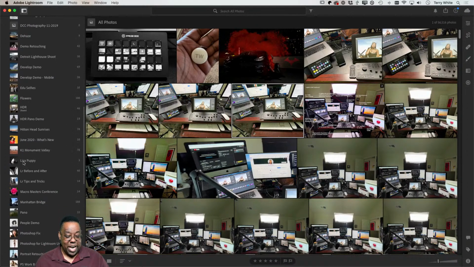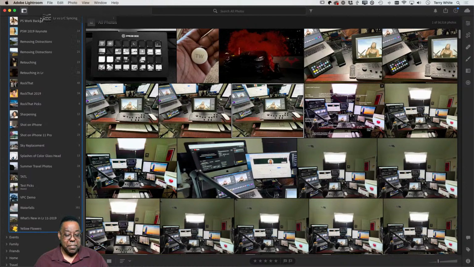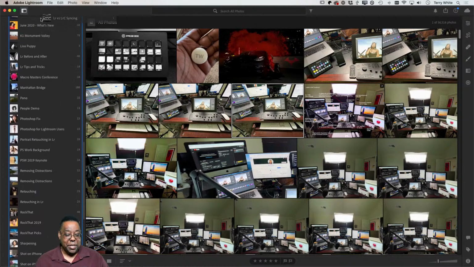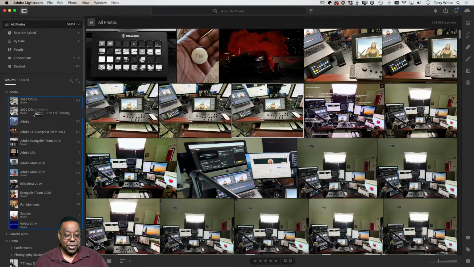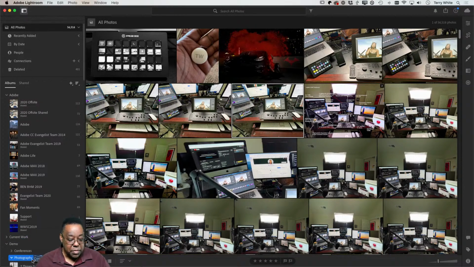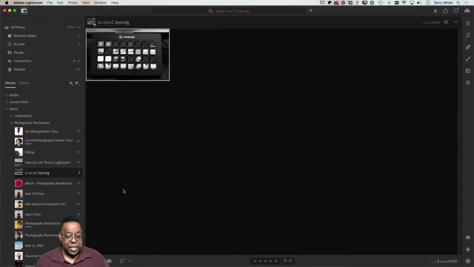I'm now going to go all the way down to the bottom and drag this album up to the top here and put it in the Photography Masterclass folder. All right, so in the Photography Masterclass folder, there it is, Lightroom versus Lightroom Classic syncing. Boom, done.